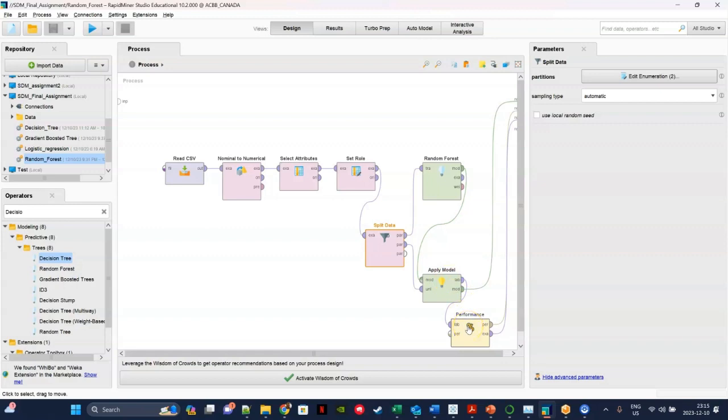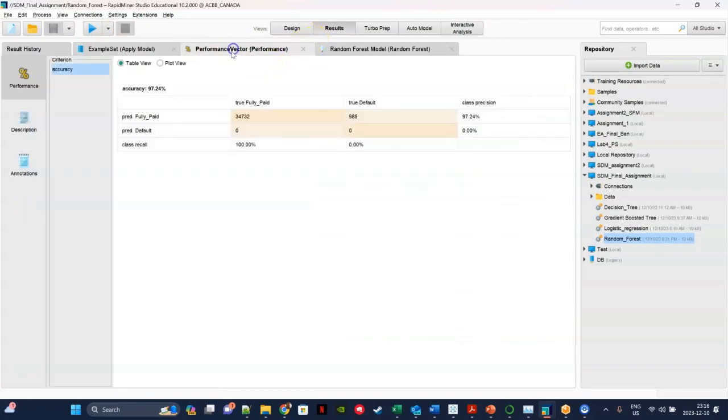the performance of the model using predictions made on the test set. It will give the performance metric accuracy. And once we run this, the results are populated over here, and we have to go to the performance vector to find our accuracy score. And here the overall accuracy of the model is